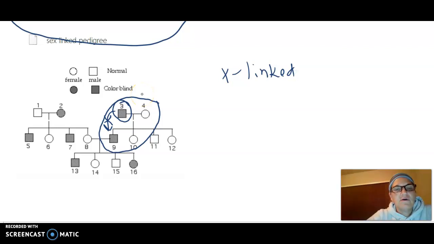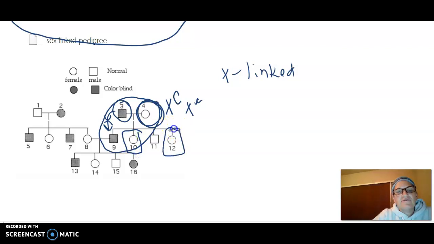And so this mother right here happens to also be big C, little c. She happens to be a carrier, and so her boys have a 50% chance. What do you know about generation 2, individual 10 and individual 12? Well, if the father is affected, then all of his daughters will be carriers. And so this one's a little bit